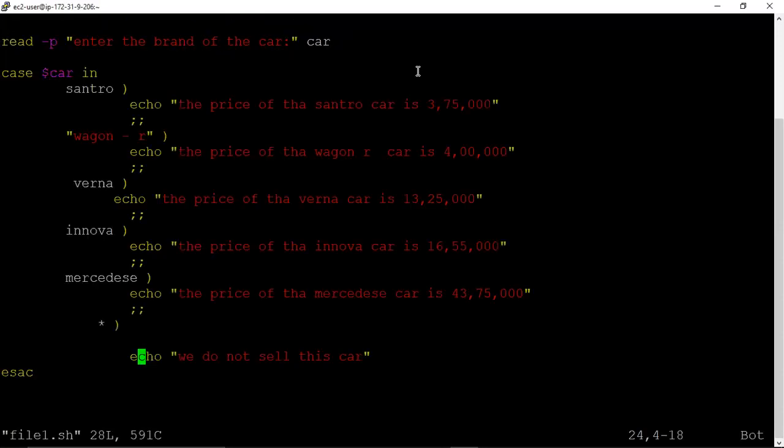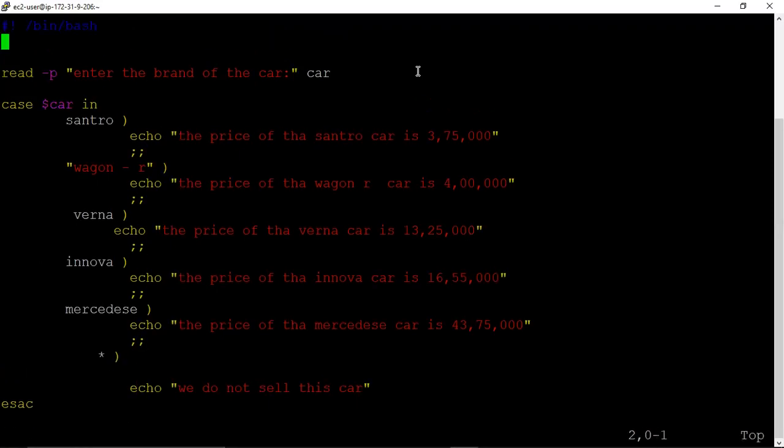This is the script which I have already written for you. At the top, as we know, any scripting file has to start with hash and bang symbol.